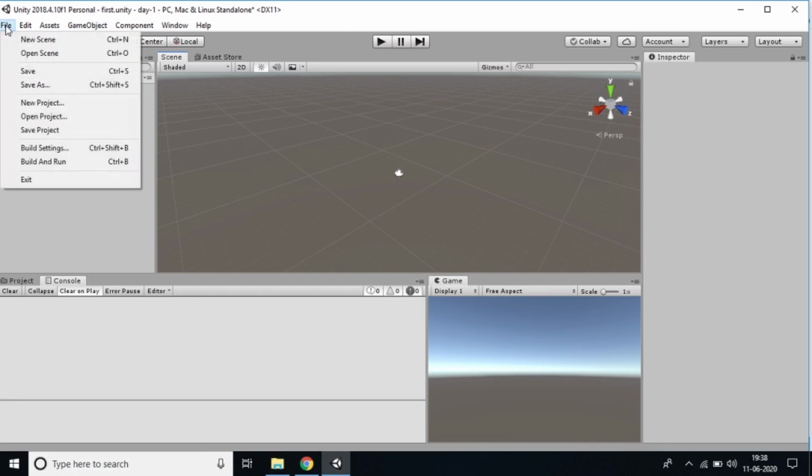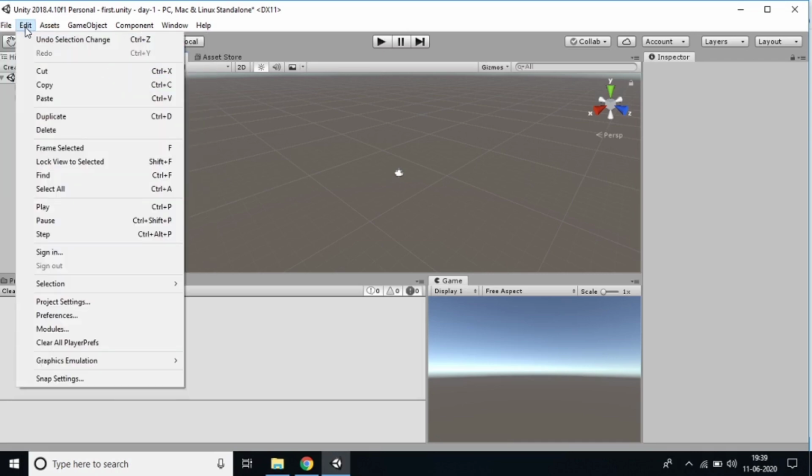And coming to File, you can see that we can create a new scene. Actually, in other software, you open a file or create a new file, like that. Here we open a scene. What we are seeing here, everything can be called a scene. So that's why we have New Scene and Open Scene. We have to save the scene, so for that we press Control S, and if you want to open a new project, you can do it like this. So these are some things in File.